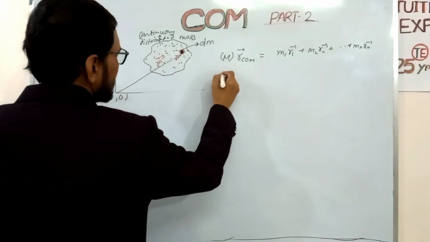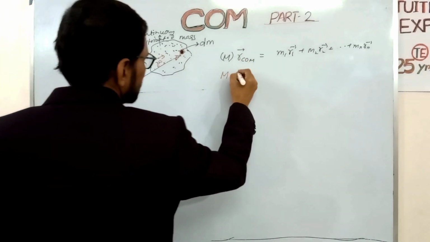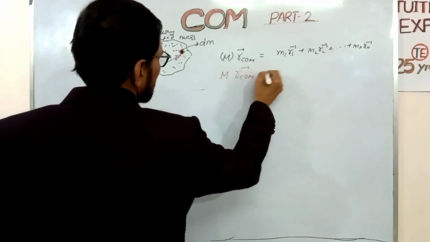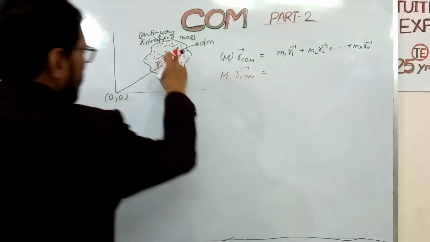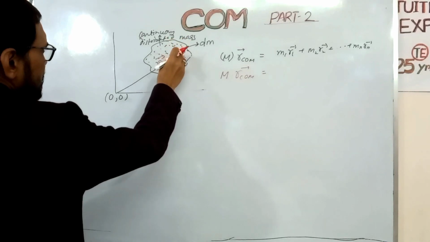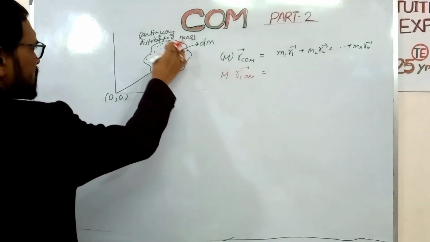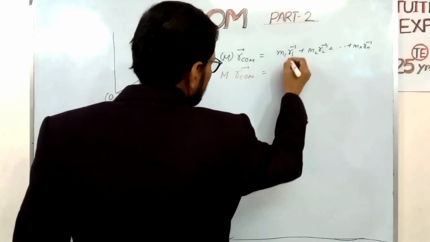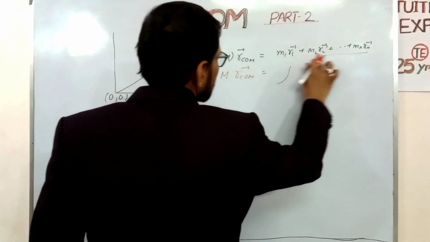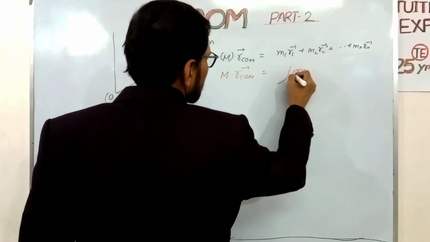Then we can write M R_CM equals, here no point masses are given, a continuous mass is present, that is, an infinite number of point masses is present in this body. So here we can write the integral of dm into r,